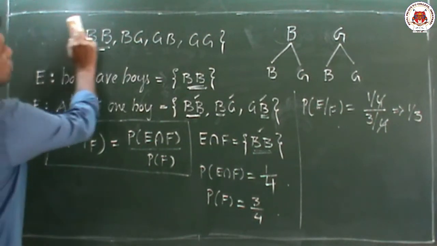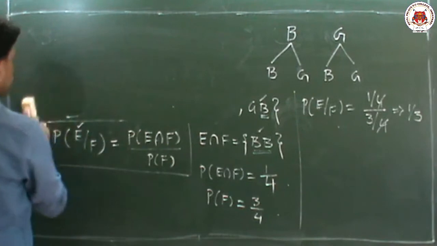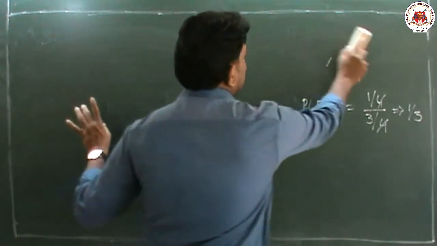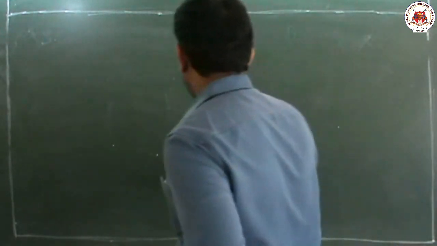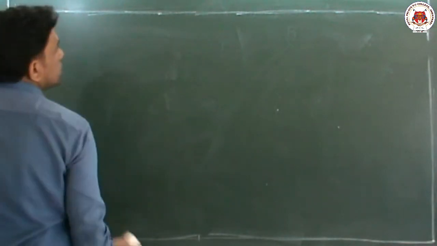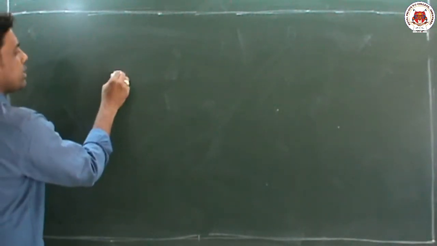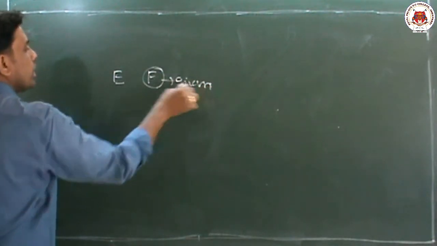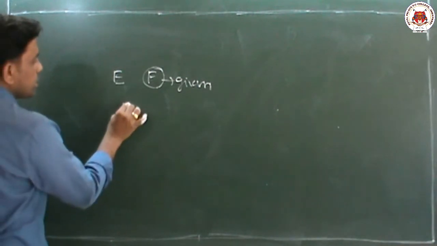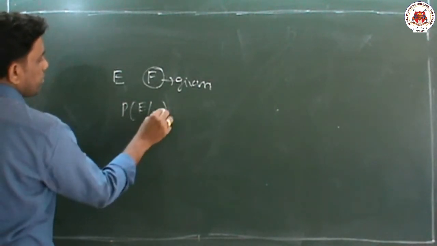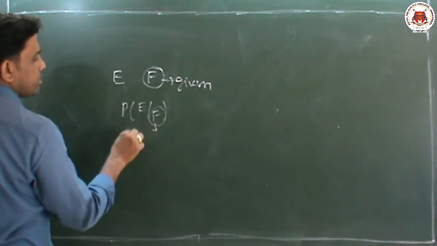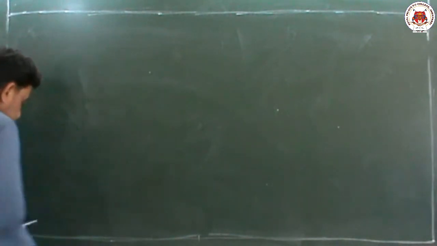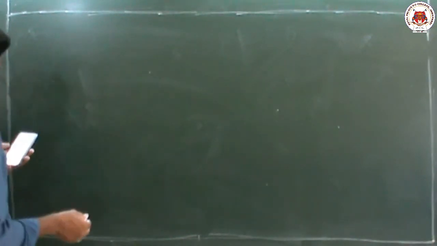We will take one more question on this model. Today we are discussing the sums on conditional probability. So this is called conditional probability. What is conditional probability? Conditional probability means finding one event when another event is already given. We have to find it using the formula E by F. So what is already given is in the denominator, and what we have to find is in the numerator. Okay, now we'll take one more question on this model to make it easy to understand.